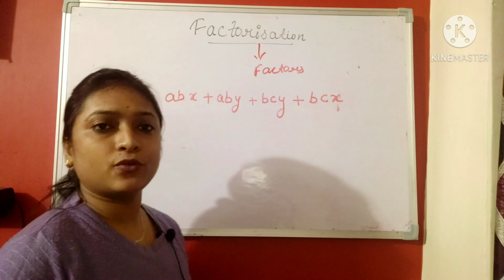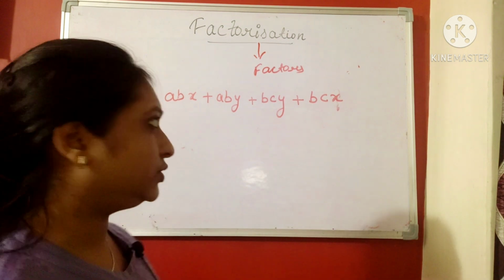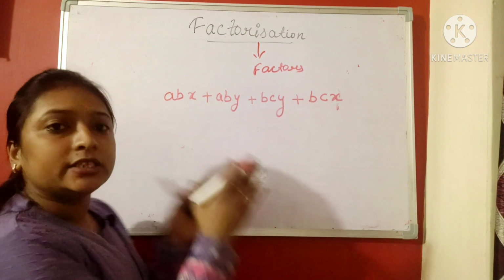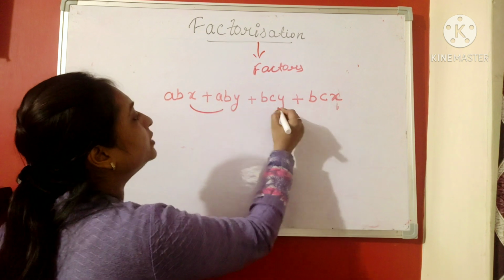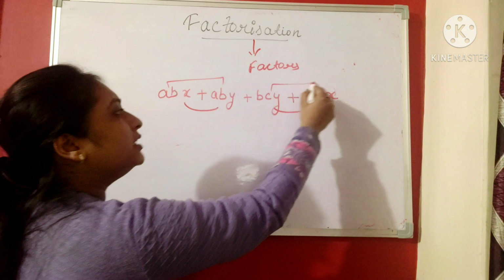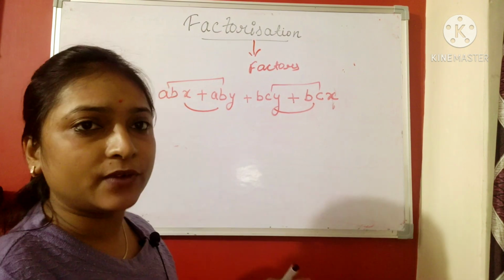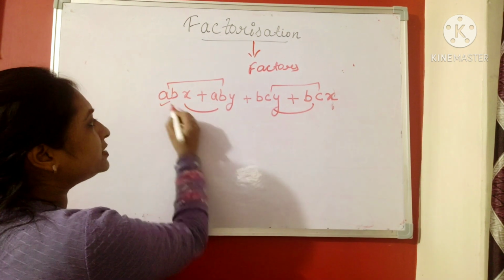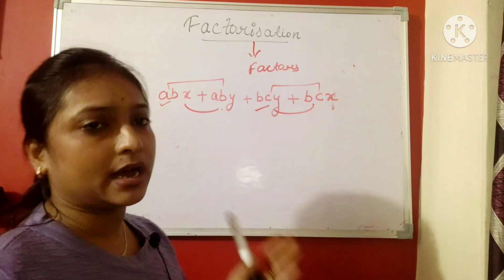What about this type of question in which we do not have anything common in the entire expression? In such cases, if we talk about the entire expression, we cannot take out anything common from it. So we break the terms. Now I have grouped this together and this together. I will work separately for these two terms. There is no hard and fast rule that you have to pick the first two terms, then the second two terms. I can go with this term and this term together, and this term and this term together. We will get the same answer.